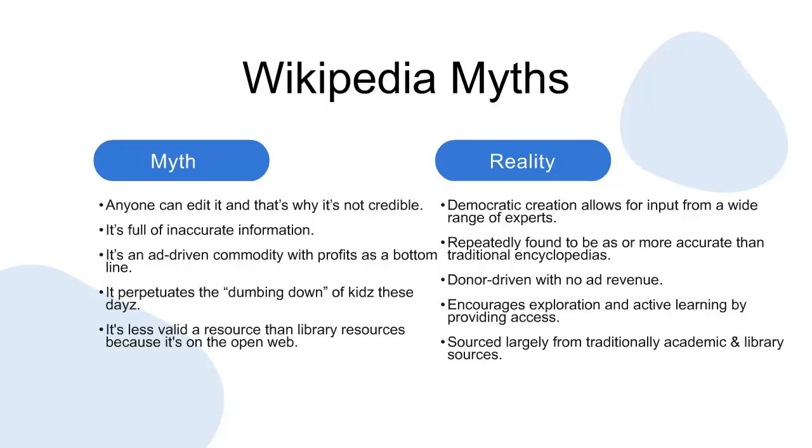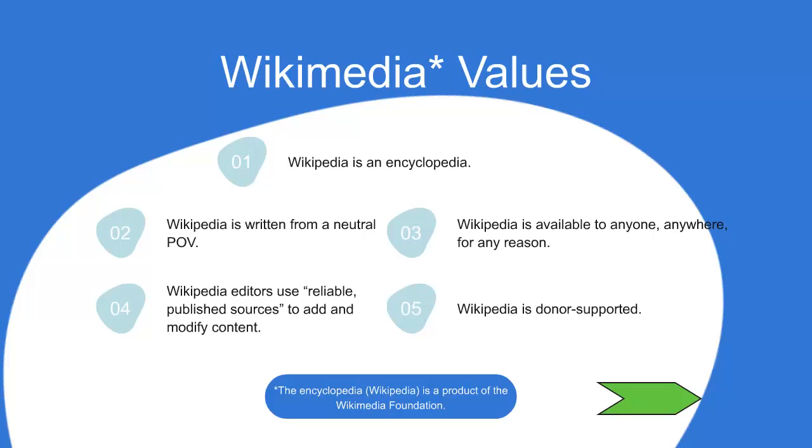Wikipedia relies on libraries and subscription-based sourcing. Although Wikipedia is free and open, the sources where the information comes from are not. Wikimedia is the larger organization under which Wikipedia is found. Wikimedia's values can be found online on the Wikimedia Foundation's website at wikimediafoundation.org. The values of Wikipedia start and end with its role as a participatory repository of knowledge and discourse.